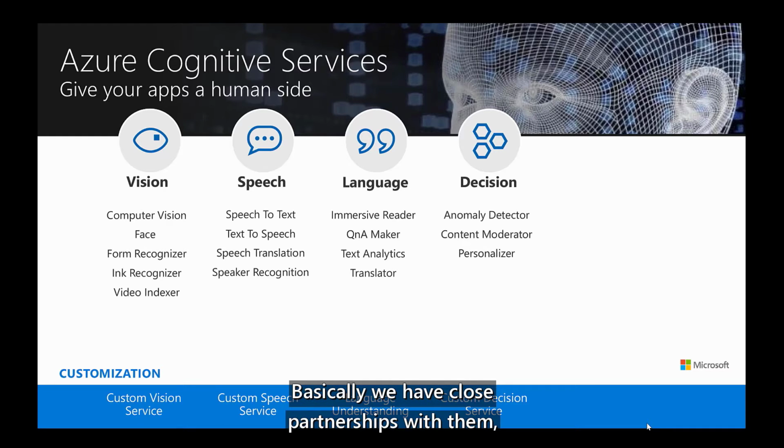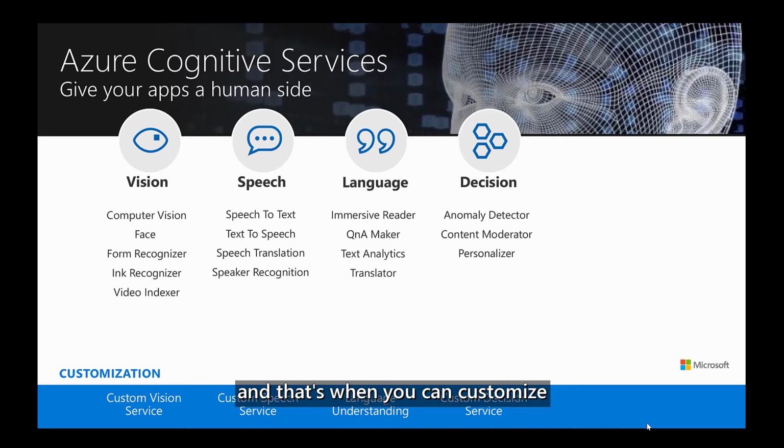We have close partnerships with them, and that's how we keep improving the data set and try to address as many use cases as possible. Now, of course, there can be scenarios when all use cases are not possible, and that's when you can customize these